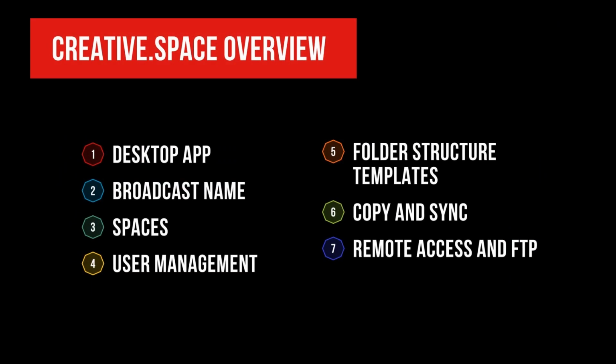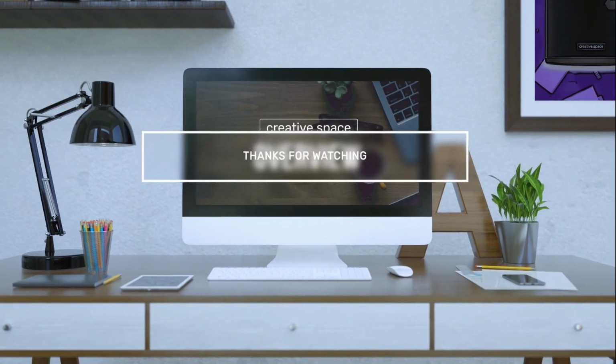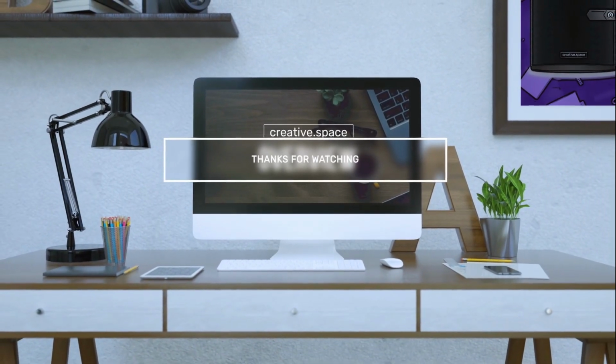How you open up access outside your local network will vary based on your security requirements. Regardless, the team at Digital Glue is available to help you find the right solution for your needs. We look forward to seeing how CreativeSpace users will leverage these integrated features to save time in their workflows.